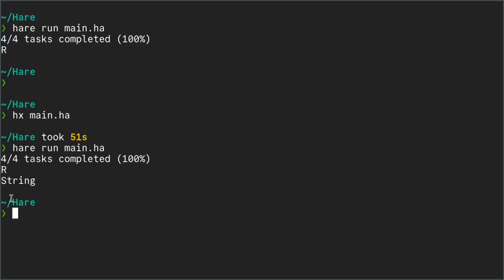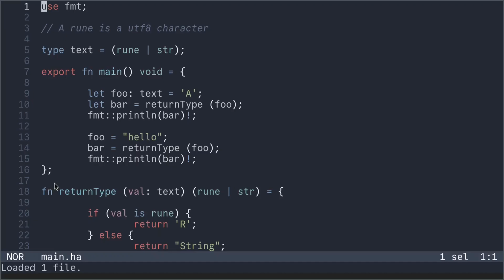And you can see we first pass in a rune and it returns R. We then pass in hello as a string and it returns string. Okay? And so that would be right here. So what this function signature is saying is that this can return either a rune or a string. And this right here, what I just showed you,